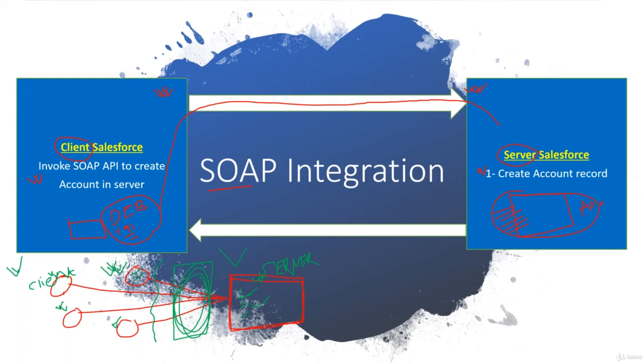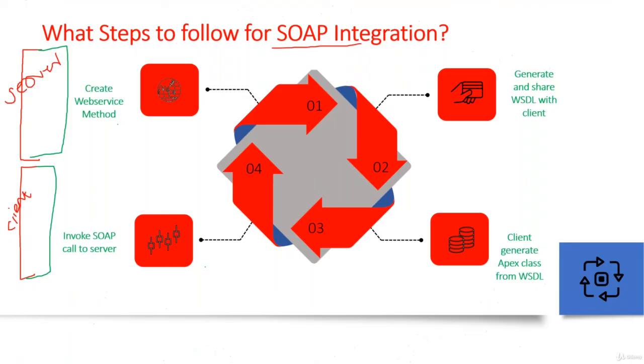So the first thing you need to do, you have to define your web service. This is going to be your first activity from the server side. You should have defined one web service. So how we'll do it, I will tell. Remember these 4 steps. It will be quite easy for you to integrate anything. Okay, first thing, in the server there should be a web service method. Second, I write my logic, what my web service is going to do.